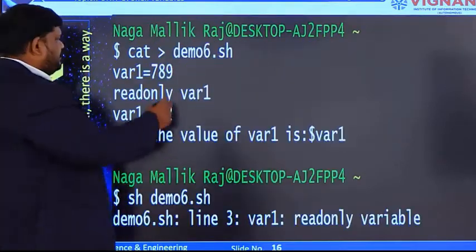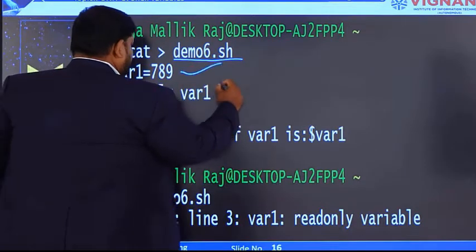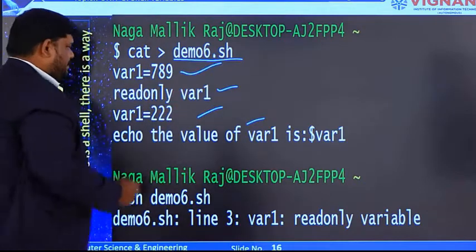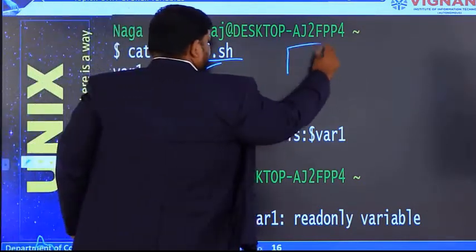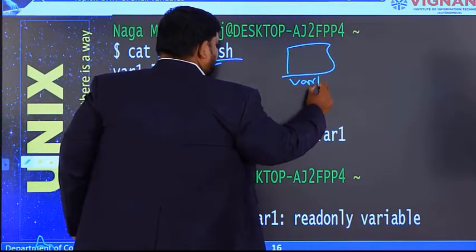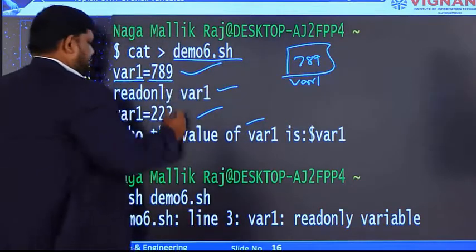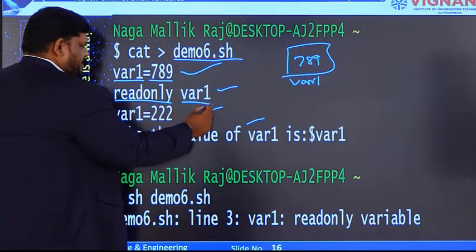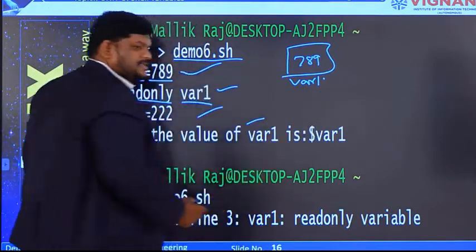Now consider another program, demo6.sh. In this there are a total of 4 statements, 1, 2, 3, 4. First one: var1 is equal to 789. This is the variable name var1, and the present value is 789. Okay. Now we are assigning the readonly command to this var1. That means we can't change the value present in var1.